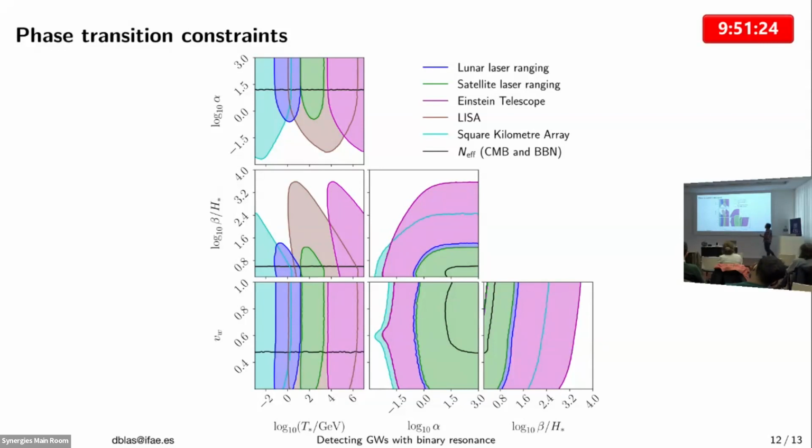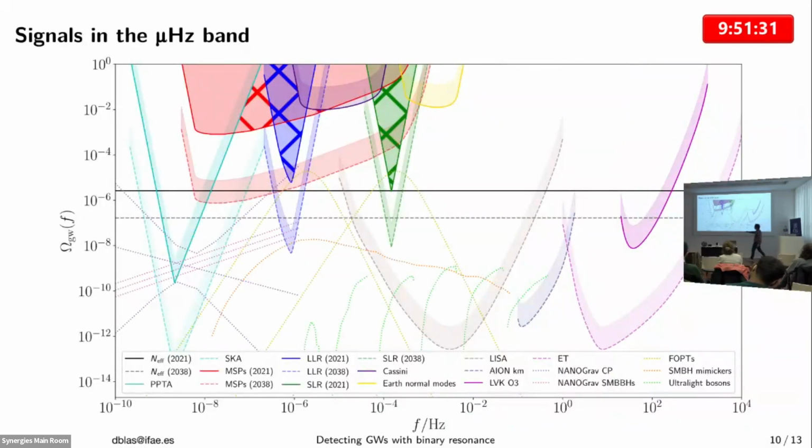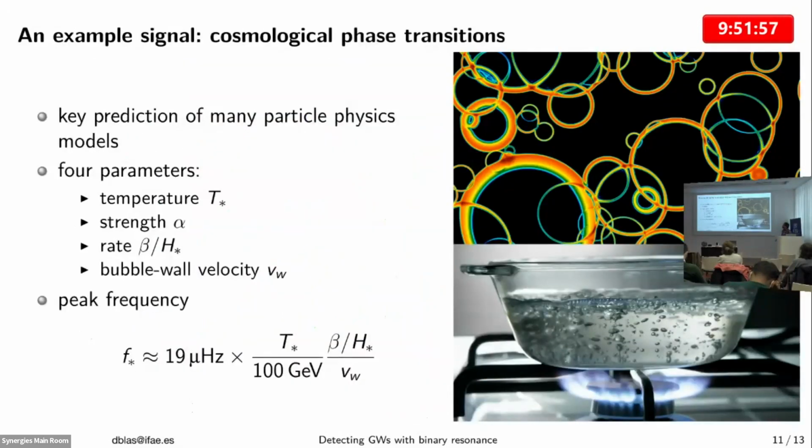Of course, where LISA flies, it's very hard to beat it, because in a sense you have to fit the transition exactly here. If you change the parameters a bit, then LISA starts to see it, or PTA, SKA start to see it. But still, there's a whole collection of models which we can probe without any particular mission that we have to do, because no one is going to go to the moon to do this for us. So if they do it, they will do it themselves.